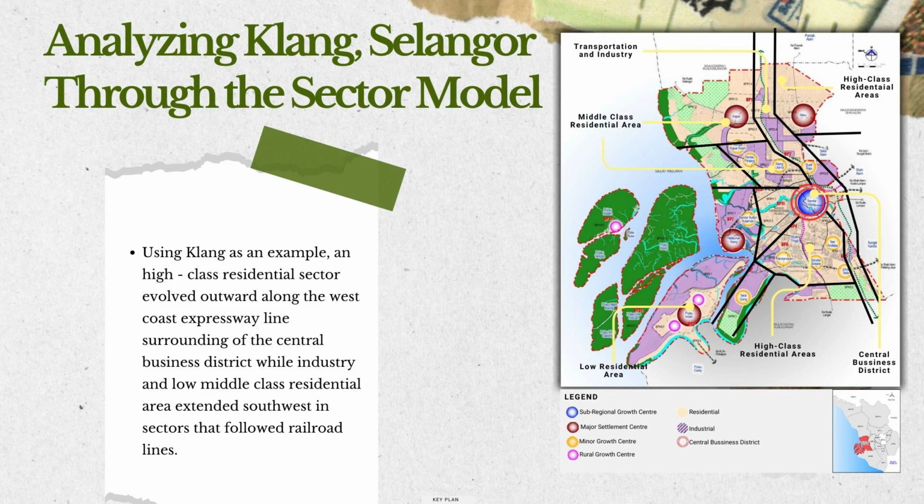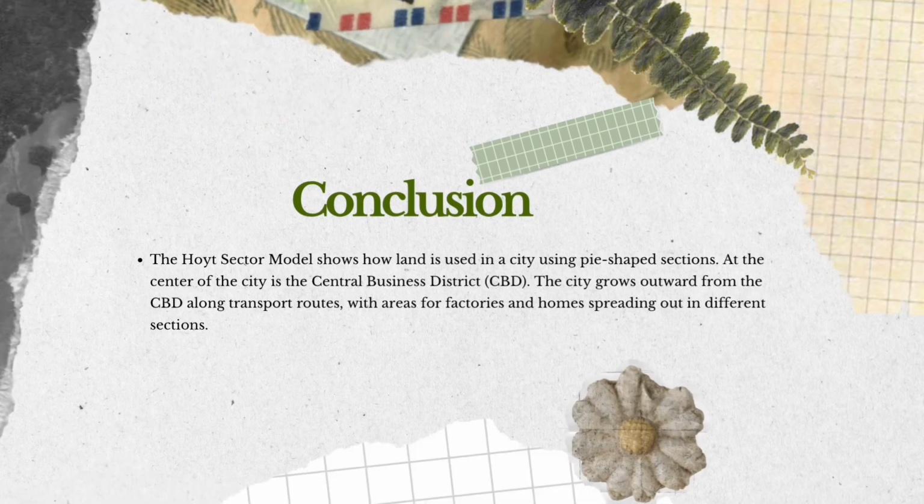sectors in this map. In summary, the sector model of urban growth effectively explains how cities expand. Instead of growing in circles, cities develop in sectors based on transportation routes and socio-economic factors. Klang, Selangor follows this pattern with different land use zones developing outward from its CBD along major roads and railways. This model helps urban planners understand how cities evolve and how to manage future urban expansion, transportation networks, and zoning